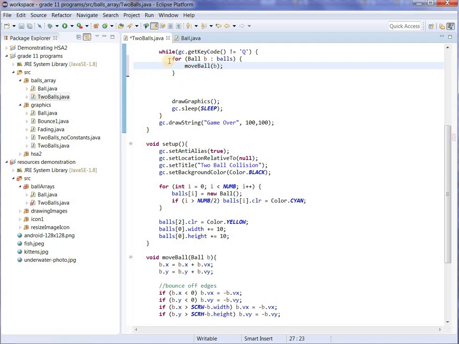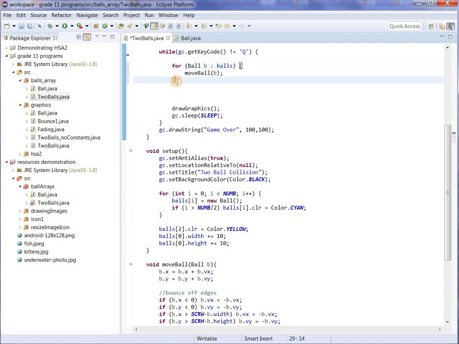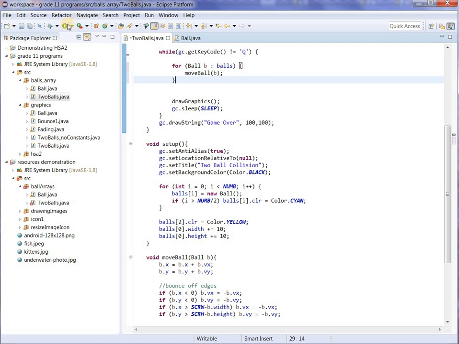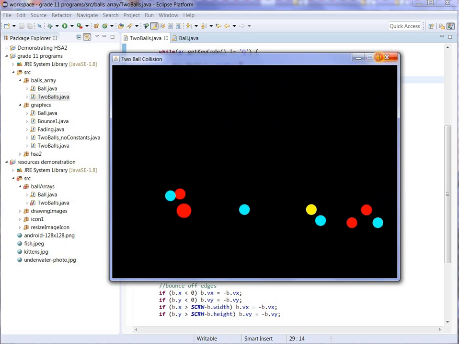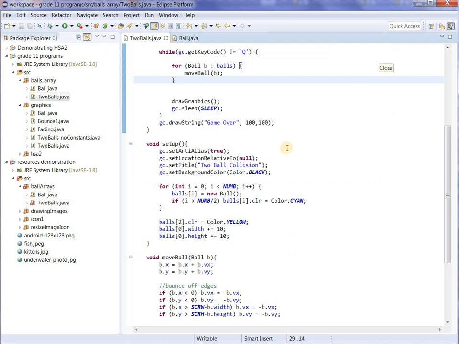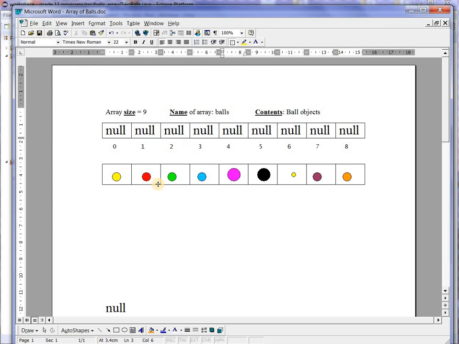Okay, so this should move all of the balls, and then we'll draw the graphics, and it will sleep, and I think that's it. The balls are moving, they're bouncing, everything is working just fine. So what we've done is we've made an array of balls, and you can change the colors of the balls, you can change the size of them,